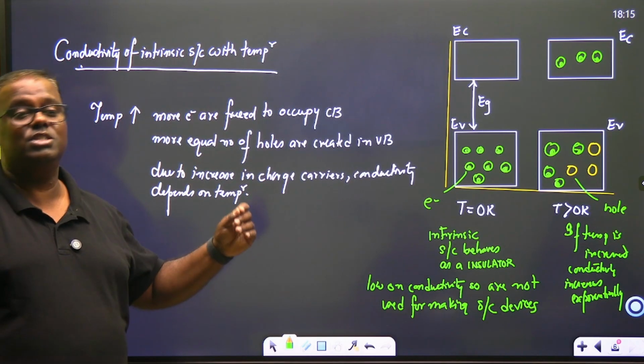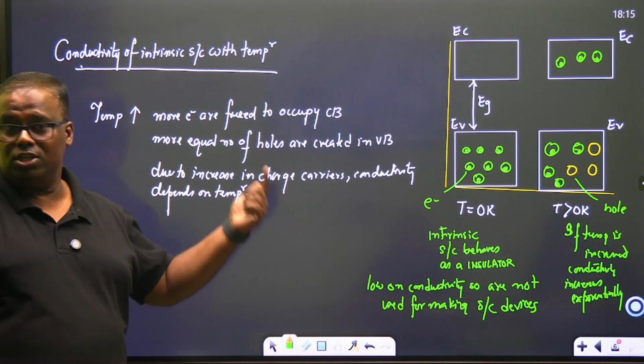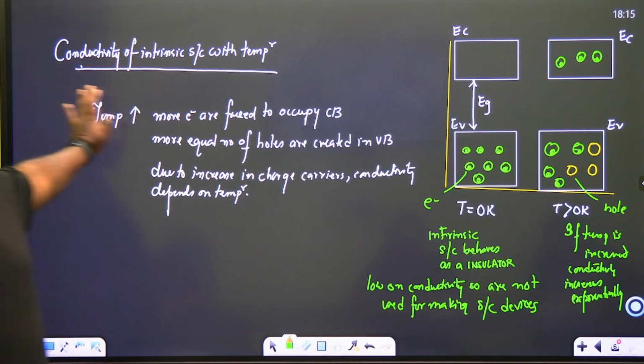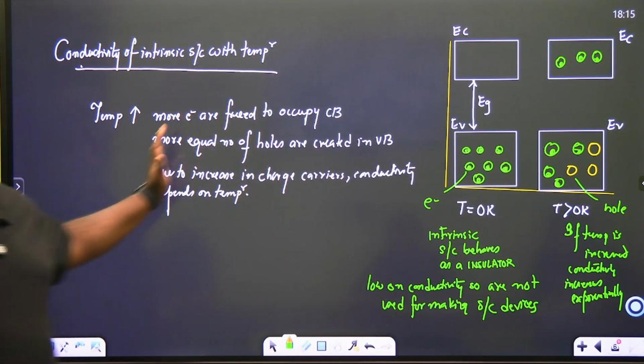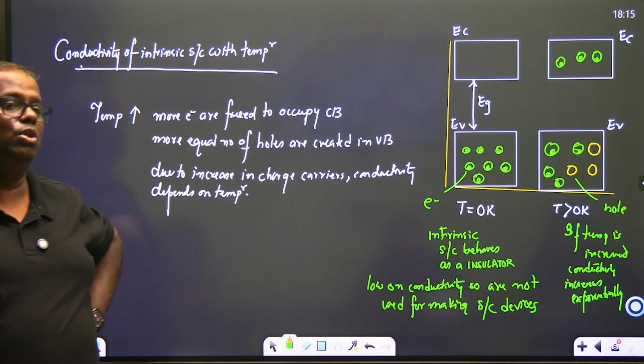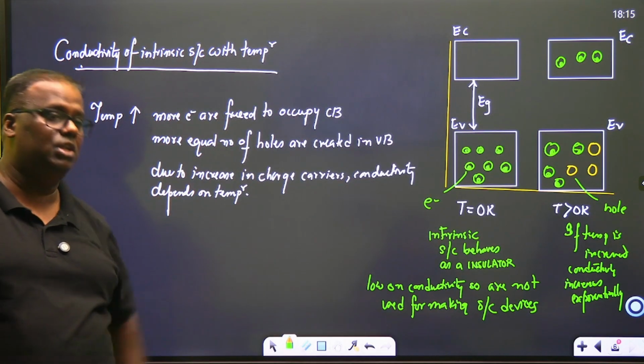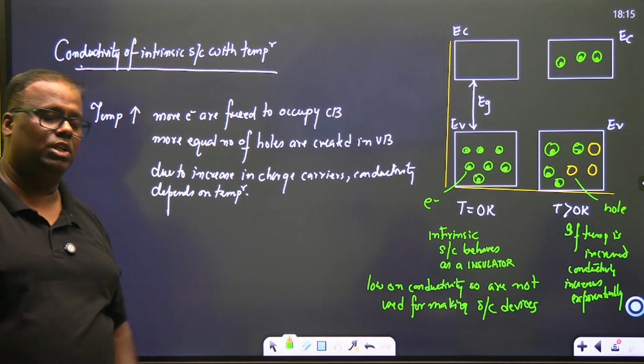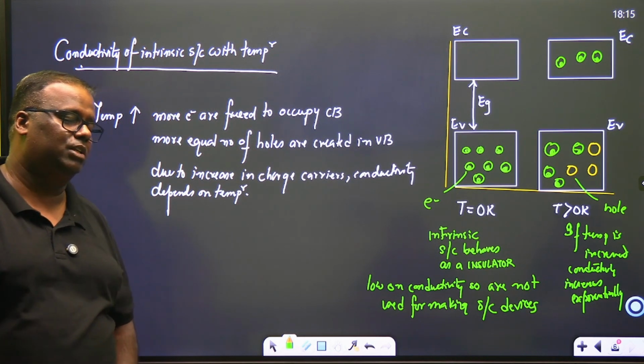But now the questions come in assertion and reasoning or as 1 mark. They will give you competency based questions, so your logic should be absolutely clear. What happens to the hole current? Hole current always goes in the direction of the electric field. The conduction current, the electron current, always goes opposite to the electric field.